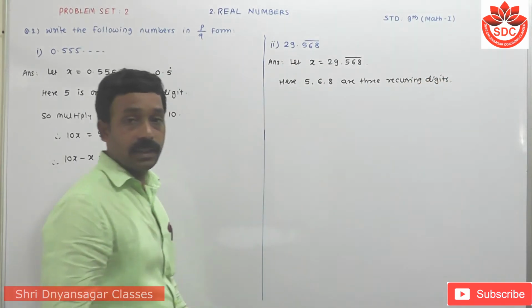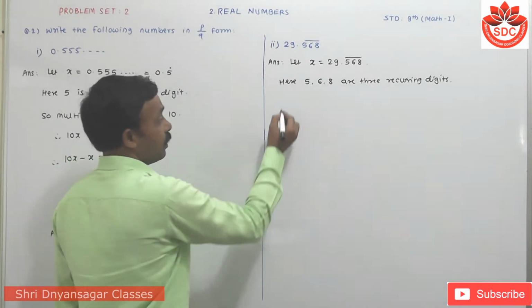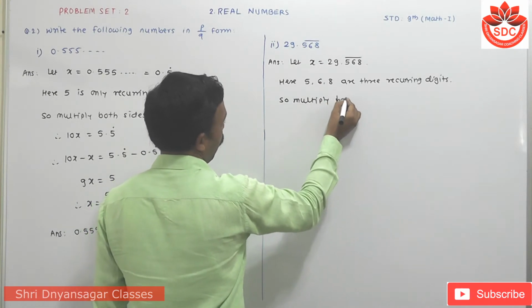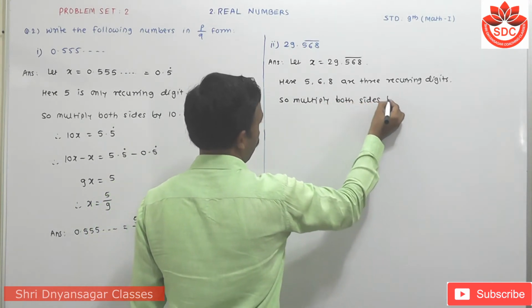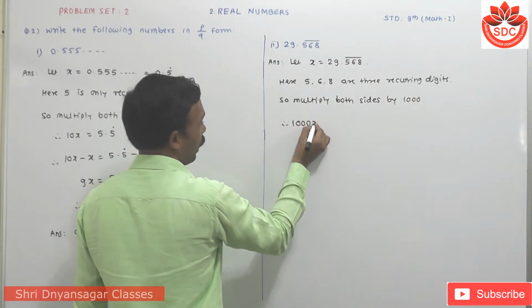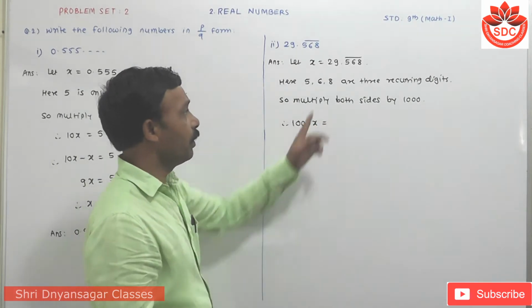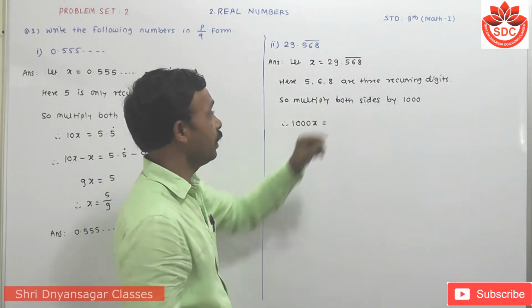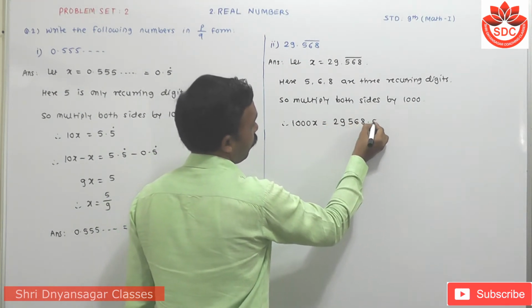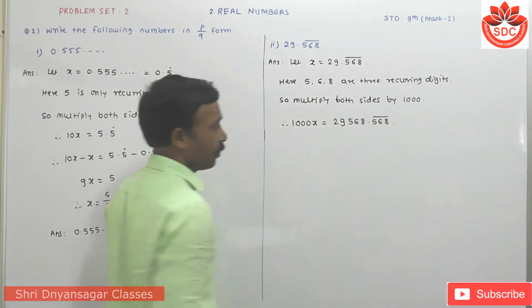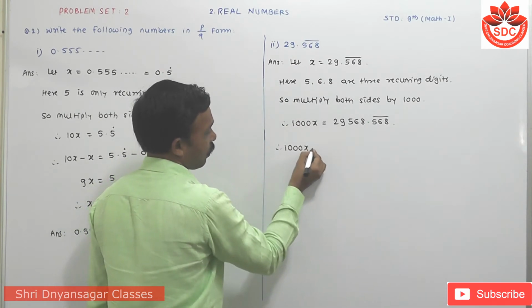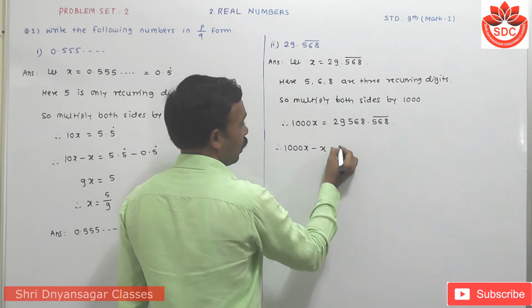Student, if there are 3 digits recurring, then you have to multiply by 1000. So multiply both sides by 1000. We get 1000x equals, when we multiply it by 1000, then after 3 digits we have to put the decimal point, so 29,568.568 recurring. Then student, you have to subtract this one, so 1000x minus x is equals to